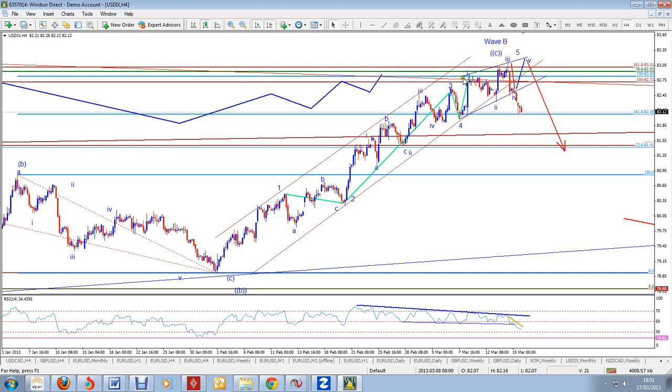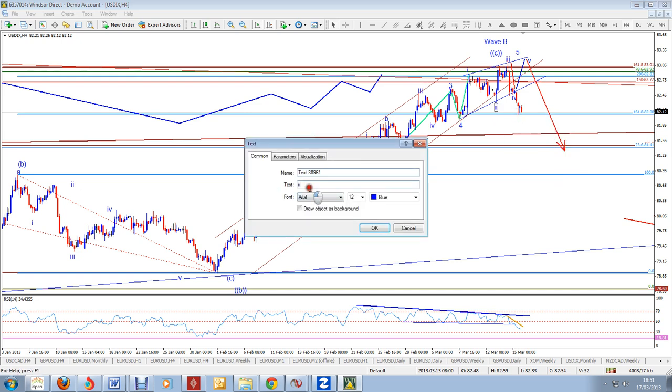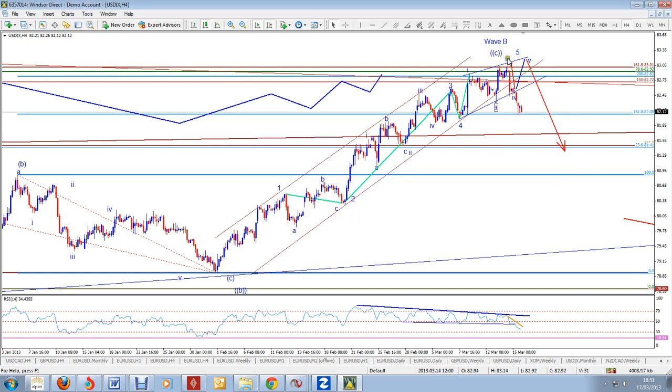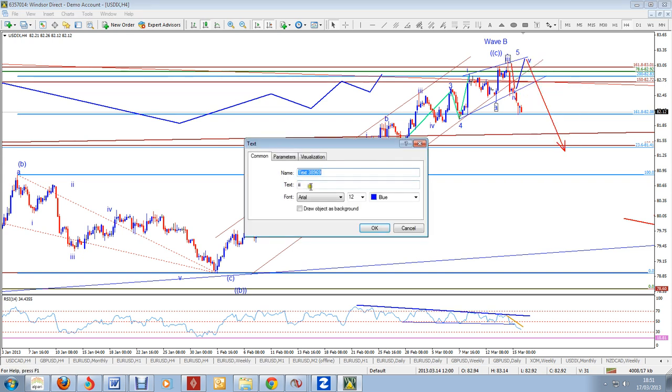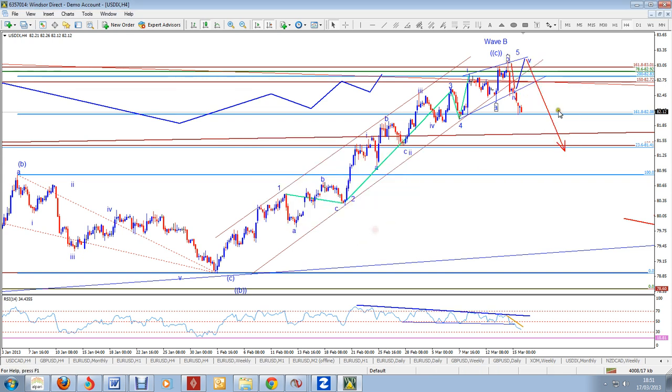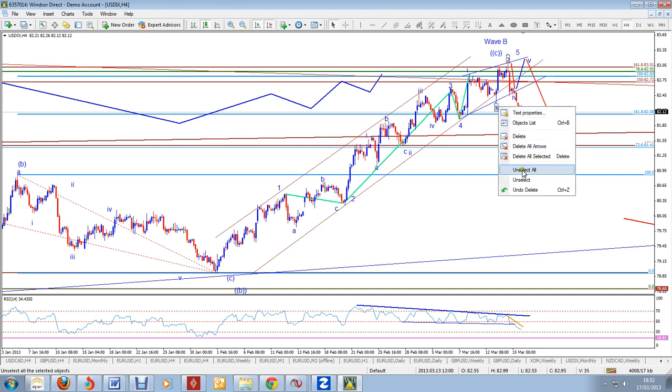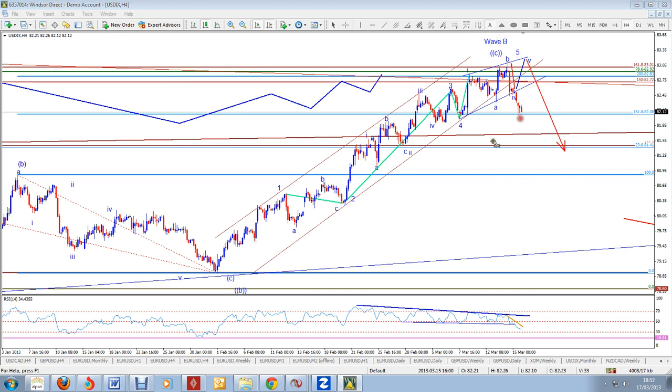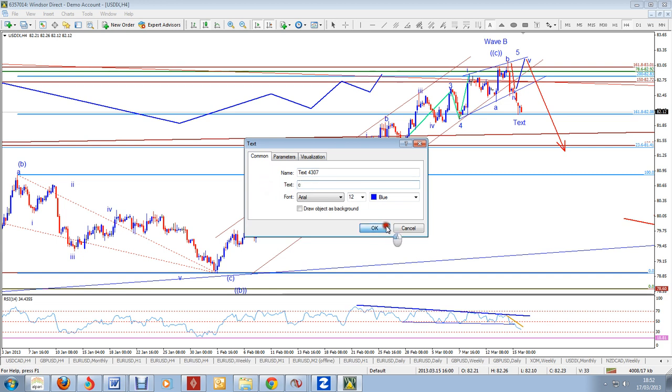The only other thing I could consider this to be is, for example, we've got wave 3, wave 4, and then we've got a minor one, and then this is A, B, and C. That is possible. So if, for example, I do this one here as wave A, and then this one as wave B, so then what we are currently doing is wave C, and then that completes the wave 2,